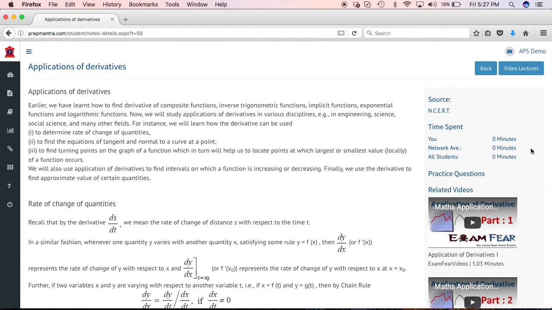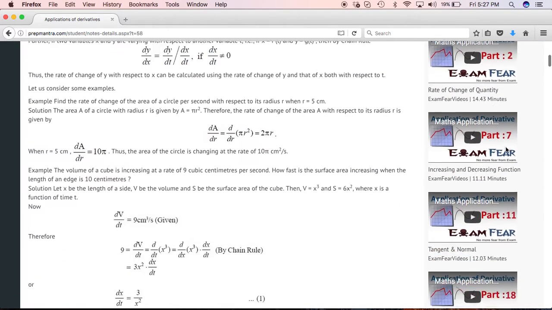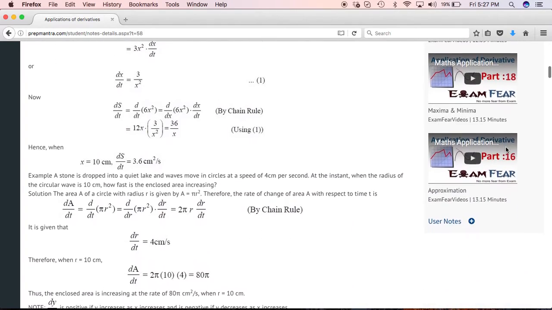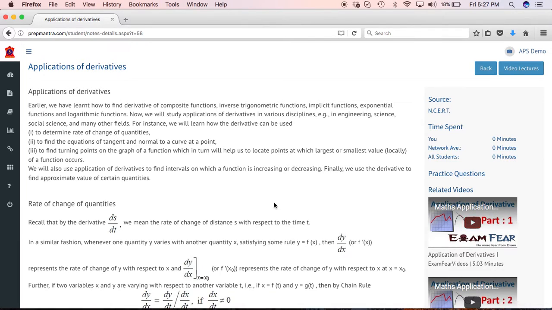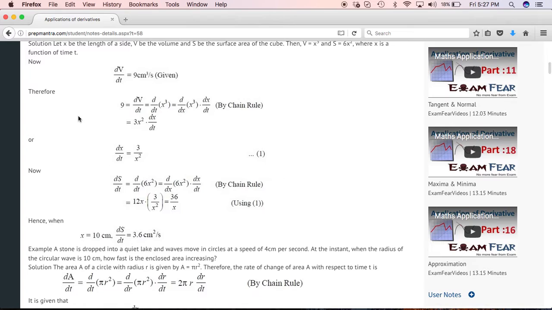Your friends, how much time on average they are spending on these notes, and how much time all students in your school have so far spent reading these particular notes on the topic. In addition to the notes and the information, on the right hand side you will also see the related videos for this particular topic. Most likely, these videos will go topic by topic, heading by heading, as you can see in the notes, so as to provide you at every step of reading and learning